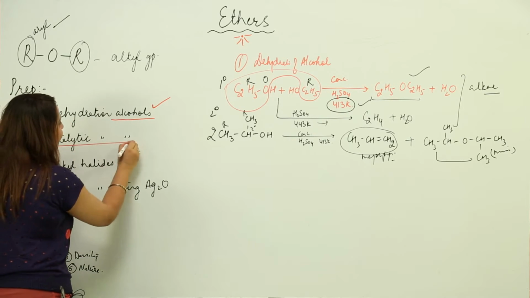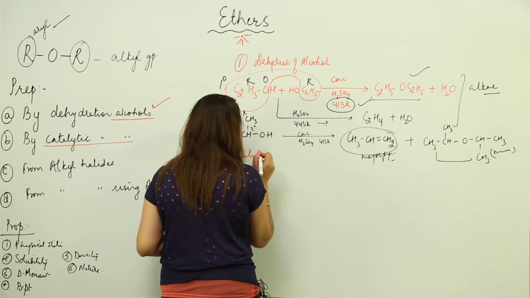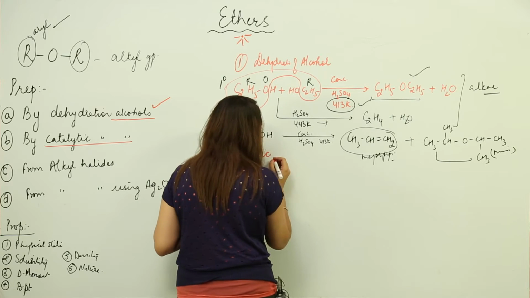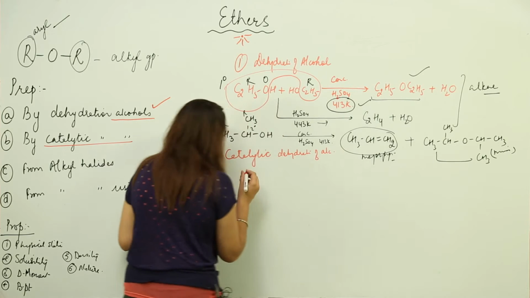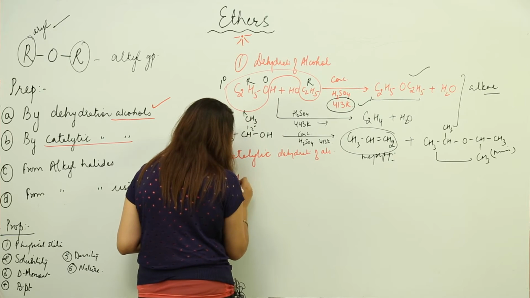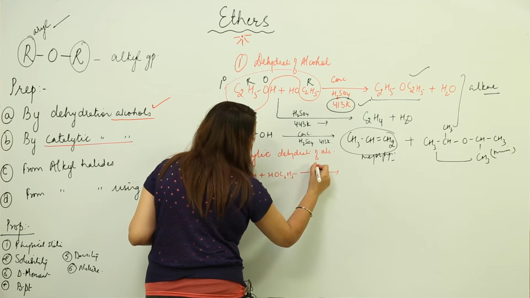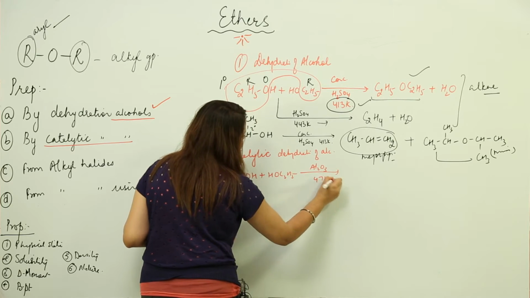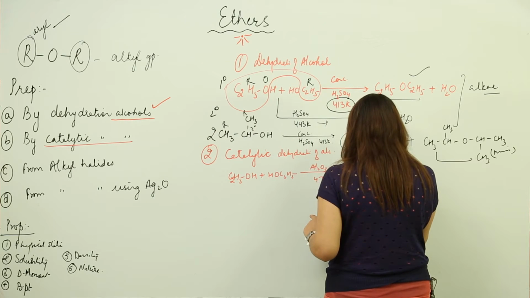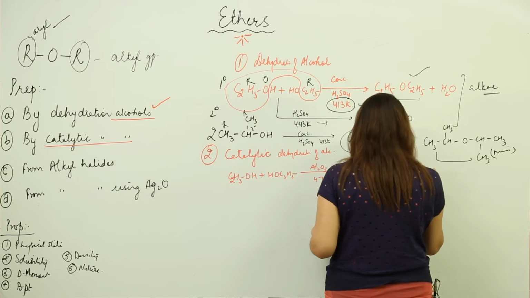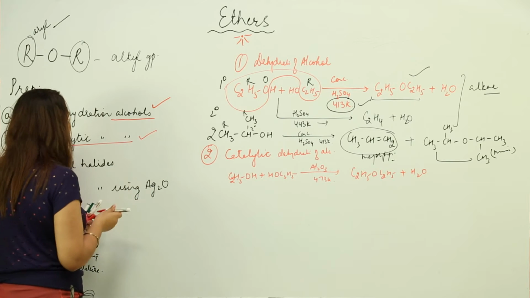Second is catalytic dehydration. That means we are going to dehydrate it, but I am not only going to add a dehydrating agent, I am going to add a catalyst here. So my catalyst is going to cause the dehydration of alcohols. Let us take an alcohol, let's say it is C2H5OH. Again you need to take 2 alcohols, and suppose my catalyst is particularly Al2O3, temperature approximately 473 Kelvin. Then it forms an ether, but here the product is not alkene, we don't get alkene with that. So this is my ether. This is the catalytic dehydration of alcohol.